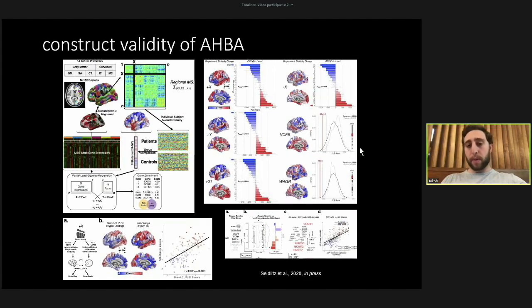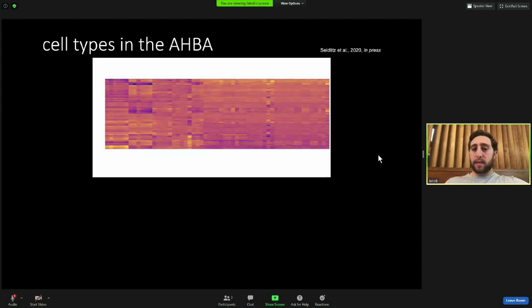And so this work was part of a larger project, which I won't go into today, where we did a kind of two-pronged validation of the Allen Institute data by using patient versus control maps of multiple different neurogenetic syndromes where we know the causal genetic link, and relating that back to the genes that we hypothesize to be differentially expressed in those patients. And this secondary bit, the integration of the single cell data, allowed us